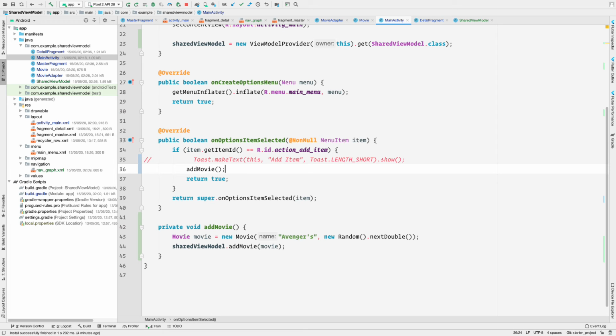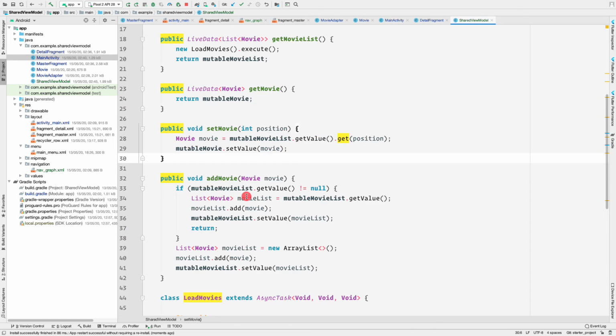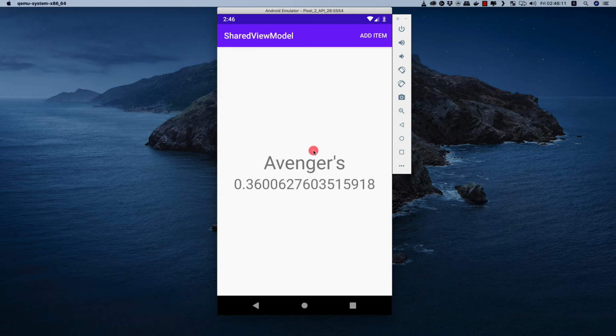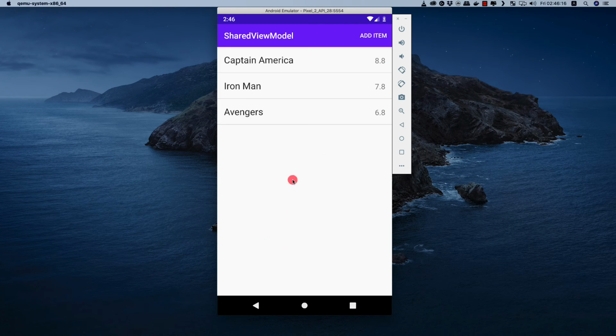But as I can see, there would be a weird error while adding movies to our movie list. So let's see. Currently we have everything working fine. If we click on add item, just watch what happens. No problem. And if we go to Avengers, we see this. So let's go back here, and what? Our new 2 movies have been gone.